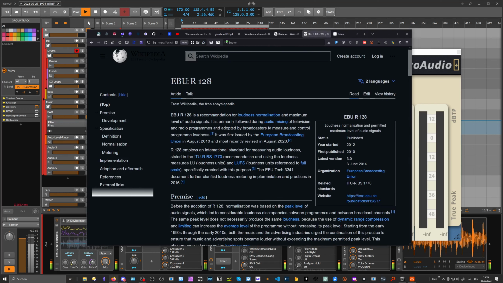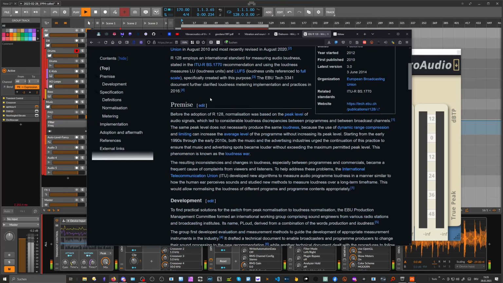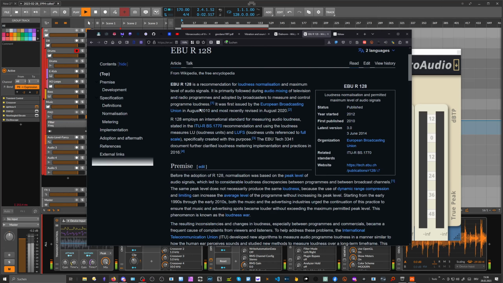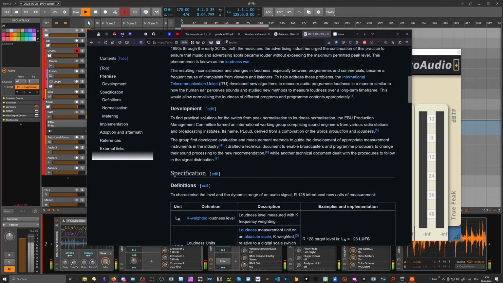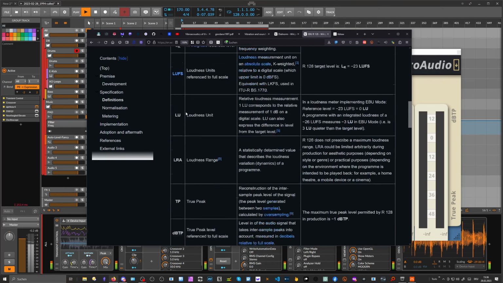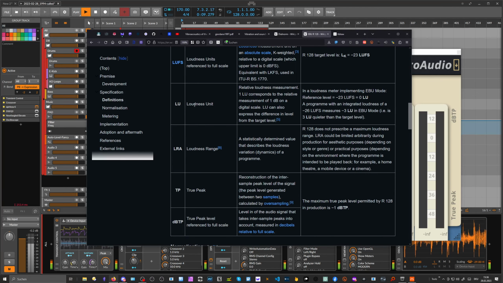This is EBU R128, that's the standard, this is how it's called. There's also some text here about why it was invented and how it's used. We have also explained here the loudness units, what they actually measure